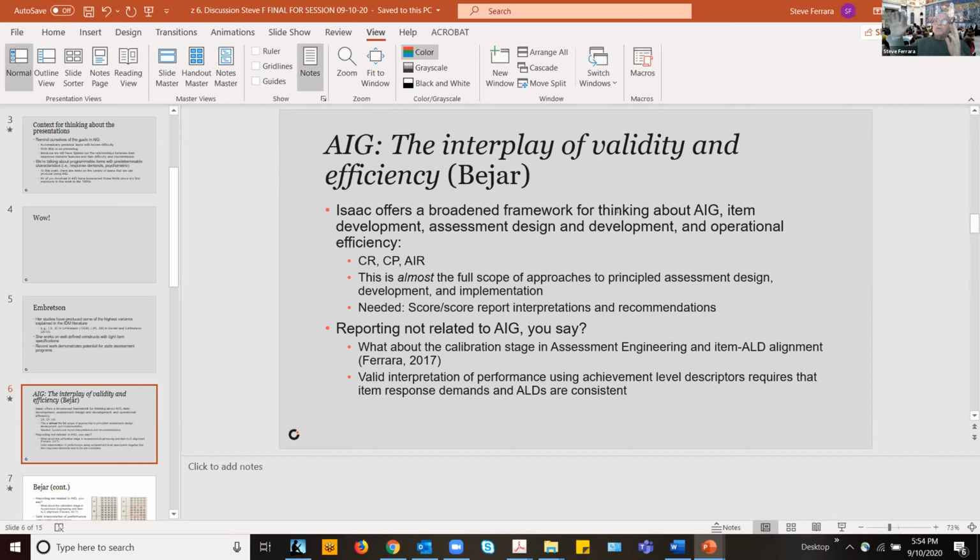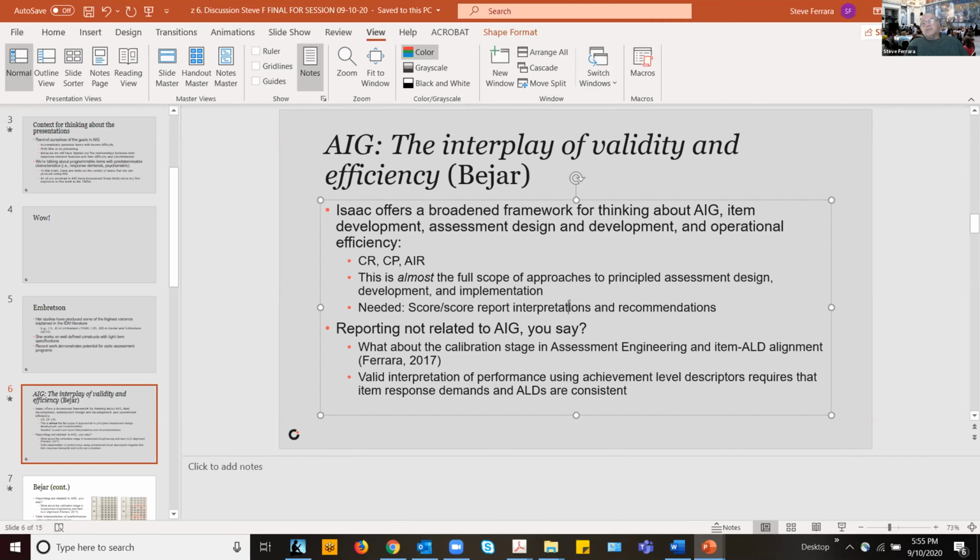He's gone almost using PADDY, principled assessment, design, development, and implementation. He's gone from the beginning and almost gets to the end, being interpretation and use of the information that you get out of assessment. And in case you want to ask why reporting is not related to automated item generation,